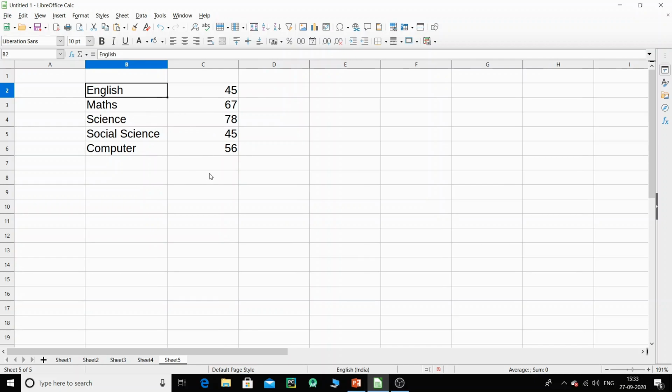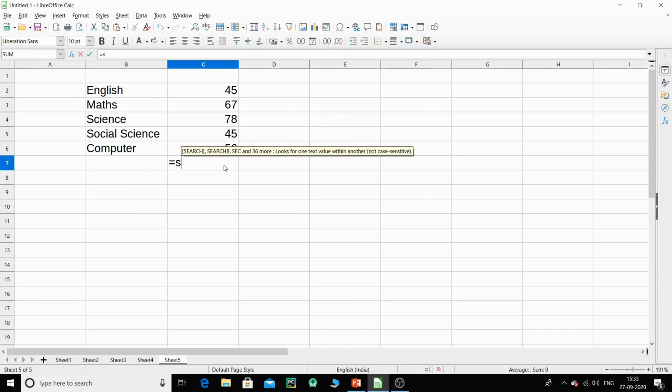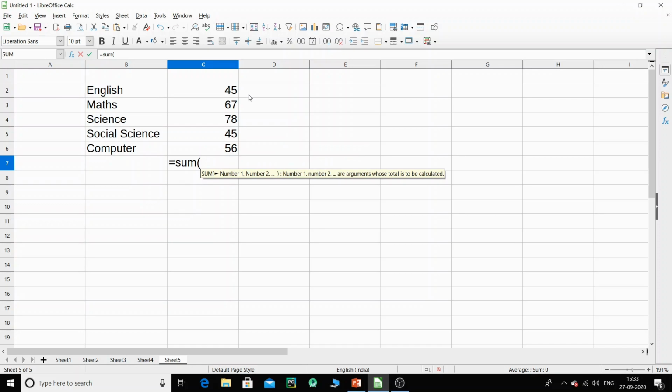So these are the marks, and let us assume these are the marks out of 100, and I'm going to calculate the total of this. How to calculate? Just press the equal to sign. It is the same as what we do in Microsoft Excel, and then you have to type the name of the function, that is sum, open the bracket, select the range, close the bracket and press enter.